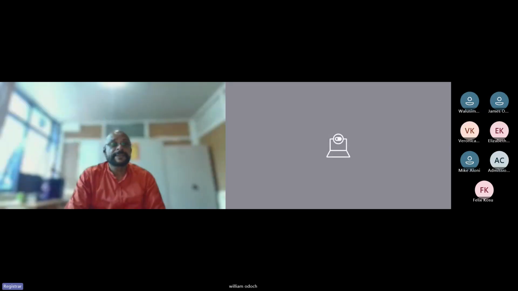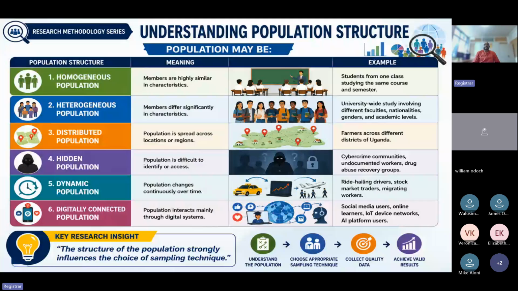With what we say as why sampling is important and how sampling is going to help us. I hope you can see my screen that tells about population structure, isn't it? Can you all see my screen? Yes, we can. Now, population structure, you know, either it is an ICT research or a social science research, the